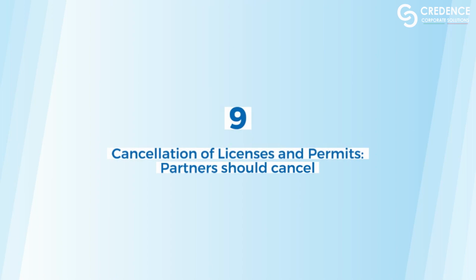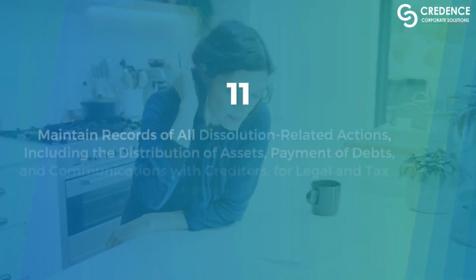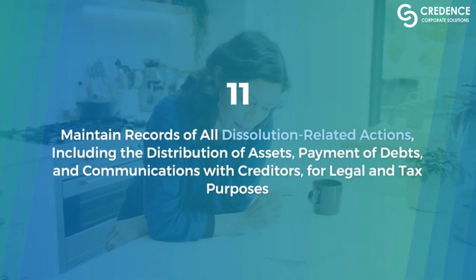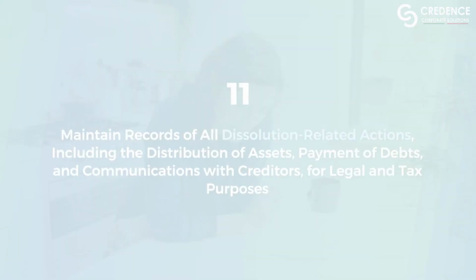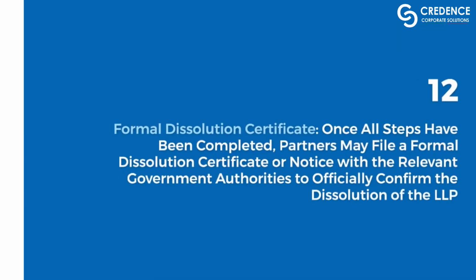9. Cancellation of licenses and permits. Partners should cancel LLP licenses, and publications may be required in some places to announce dissolution. 11. Final record keeping. Maintain records of all dissolution-related actions, including the distribution of